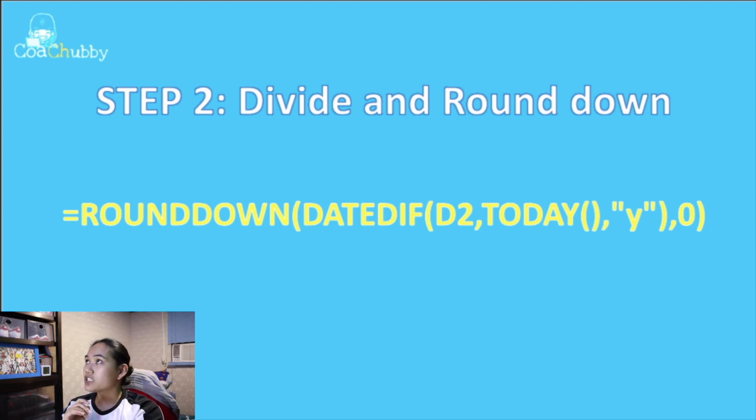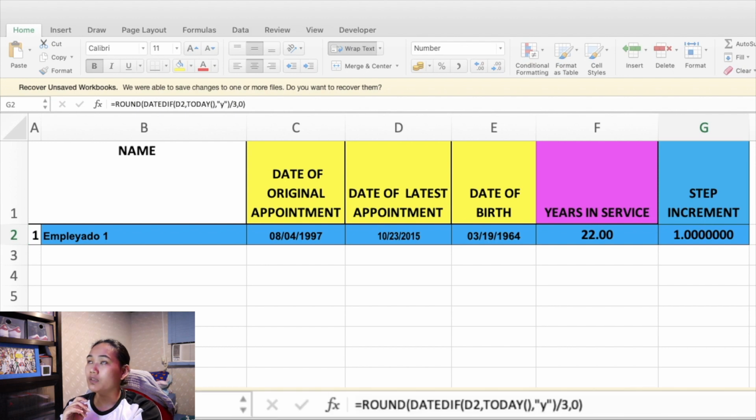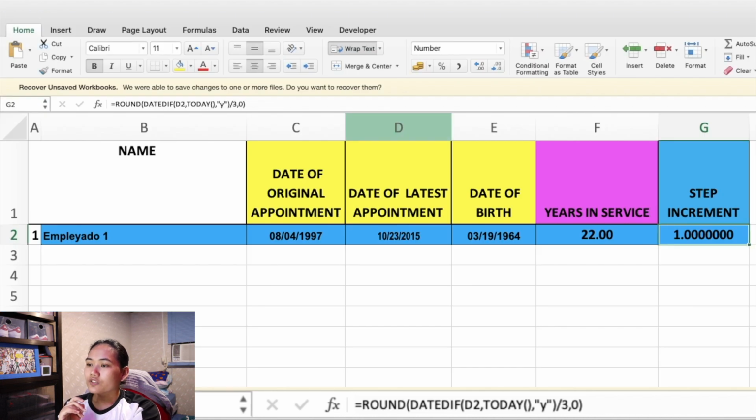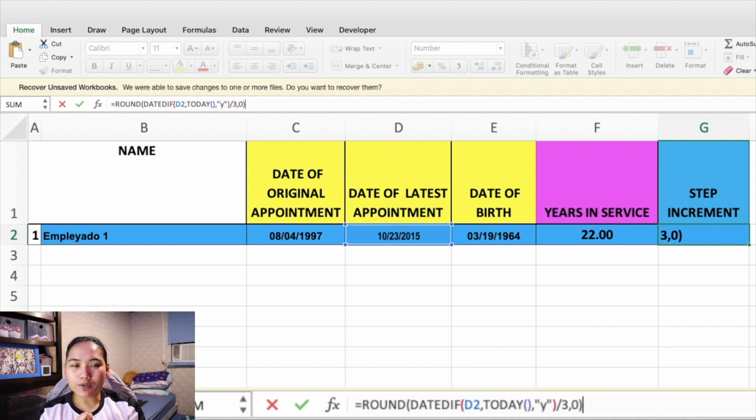So let's go back to our spreadsheet so I can show you exactly what I mean, or how those different rounding options work. So here, for a step increment, as per Ate Norsi, the basis would be the date of latest appointment. The latest appointment is not C2, where this is the date the person joined the company. We are using the date of latest appointment, when the person was appointed to the post he or she is in now. So August 23, 2015 is our date from,